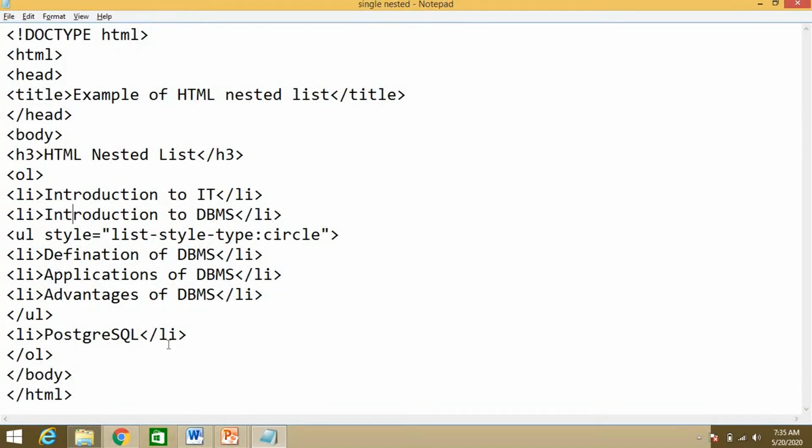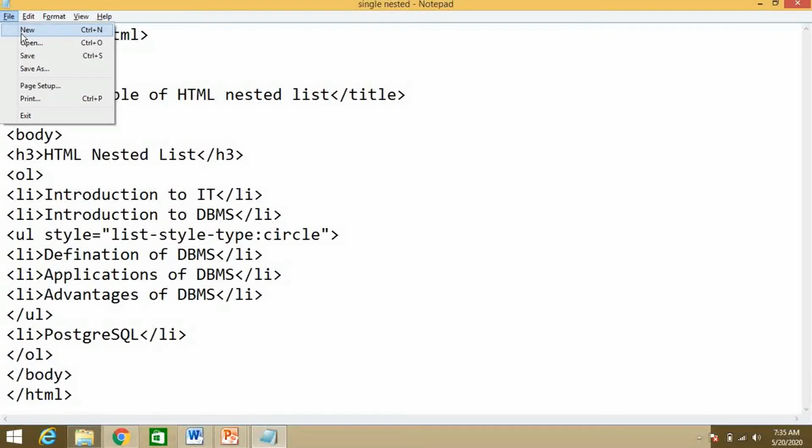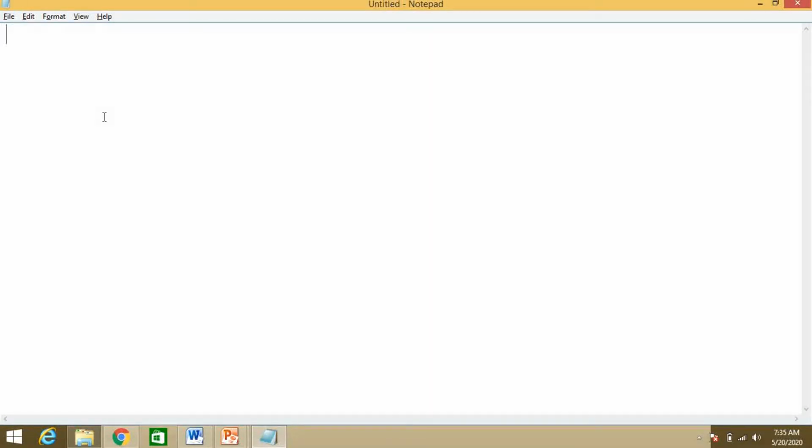Now I will take another example, with more levels. Let's have a new file. Doctype HTML. Now let's have the head tag, and then the title, which will be nested list. Close the title tag.